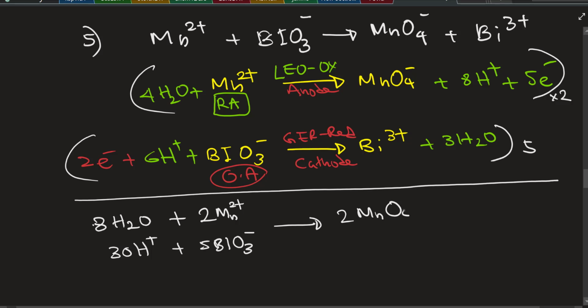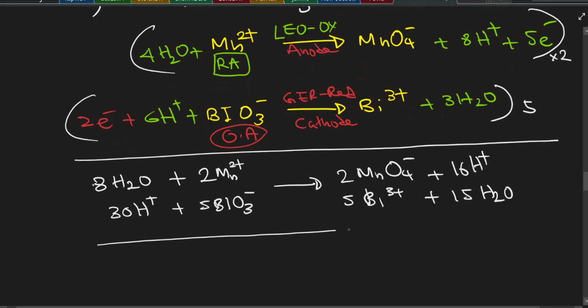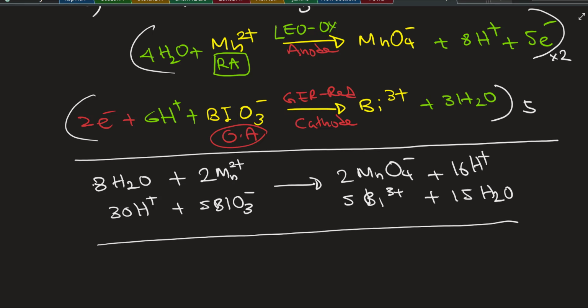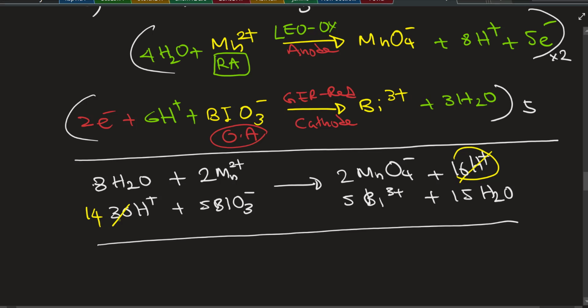And on your right side, you have 2 MnO4 minus, and 2 times 8, 16 H plus, and 5 times Bi3 plus, and 5 times 3, 15 water, right? So that's all good. Now just make sure to cancel anything left and right, because we don't need to repeat them. It's like the money in the bank, money you owe, you cancel them out, right? So 30 and 16, you're left with 14 H plus, and 8 water cancels with 15, you're left with 7 water